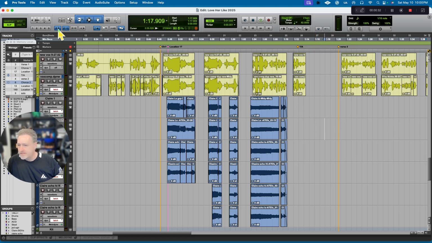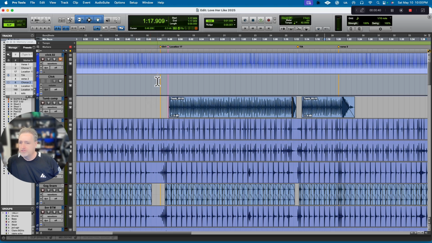Now let's go to this button here. I had it on, I'll turn it off and turn it back on. That's Tab to Transients. Basically that just allows me to put a cursor somewhere on this click track and tab it to the next click hit at some point in the song. So